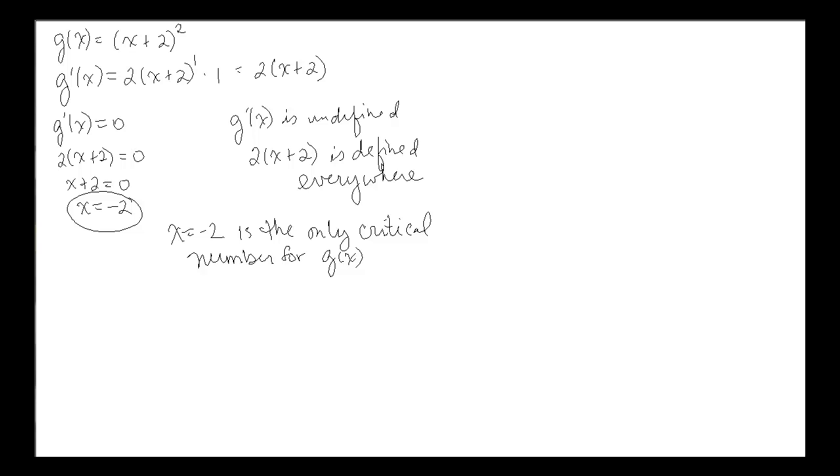Just always make sure you check, is the original function defined at that number that you get out of setting the derivative equal to 0 or finding where the derivative is undefined? You might say, well, if the derivative is undefined, wouldn't the original function be undefined there? And the answer is no, not necessarily. You will find examples. For example, the cube root function is defined everywhere, but its first derivative is undefined at 0. In fact, we have a vertical tangent line at x equals 0 there. So there's a case where a derivative is undefined at a particular point, but the original function was defined there. So you do have to be careful of those.